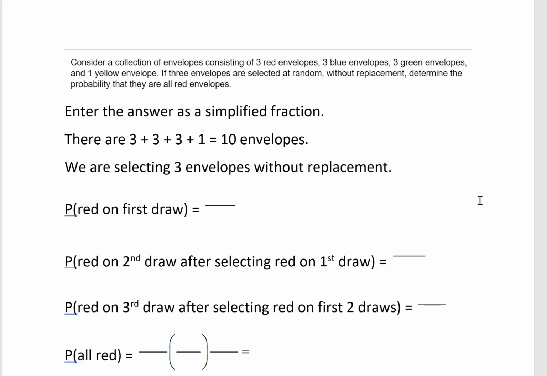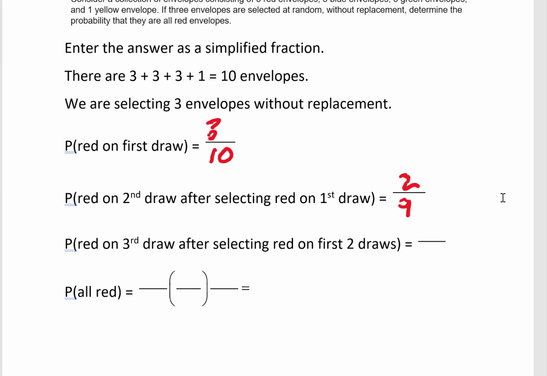So when we draw the first time, the probability of getting red on the first draw is going to be 3 out of 10. We don't put that envelope back in. So when we go back in, we've got 9 cards left and we've got 2 red cards left because we already picked one red envelope rather. And on the third draw, we've got 8 cards left and there's only 1 red card. So the probability of getting all three red envelopes is going to be 3 over 10 times 2 over 9